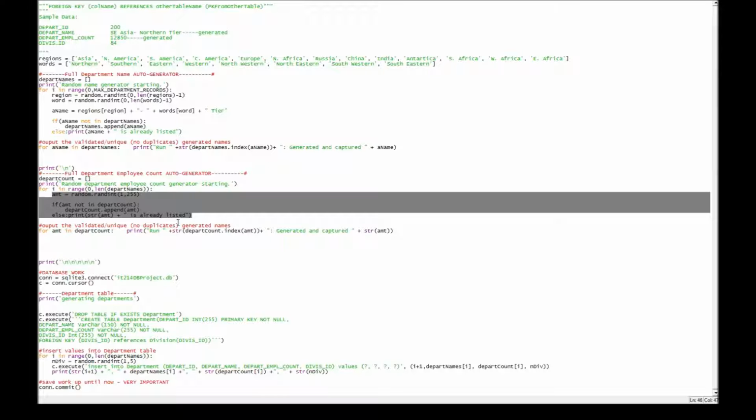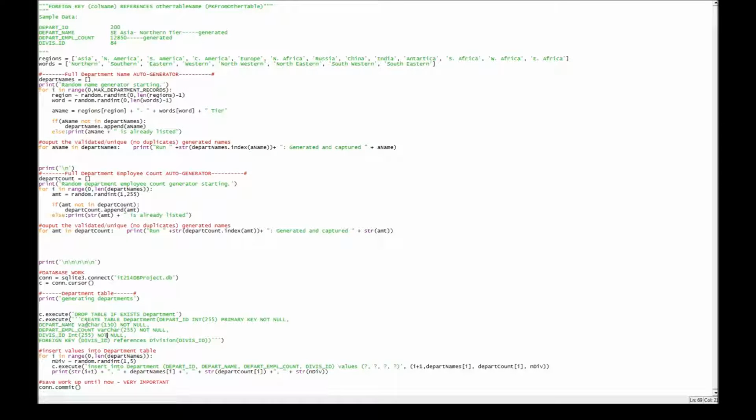So anyways, going back to the bottom here is database work, as I said in the comment there. So I connect to the database project file, and then I have to do all this other work that's preparation to add into and create the tables. And that's literally right here. That's what I like about SQL and SQLite. It's a very English-like language. Here, the data manipulation is saying drop the table if it exists, and create it again, obviously making a primary key,